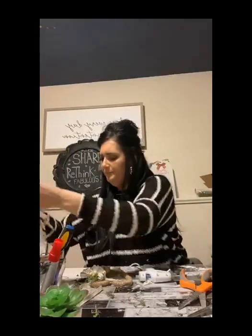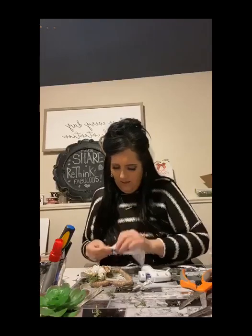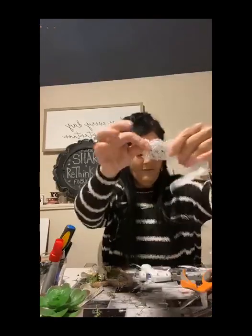Let me see what this would look like. I had a little lace flower here and I'm not sure where it went. Okay, so I have a little piece of lace here, and what I'm going to do is I'm just going